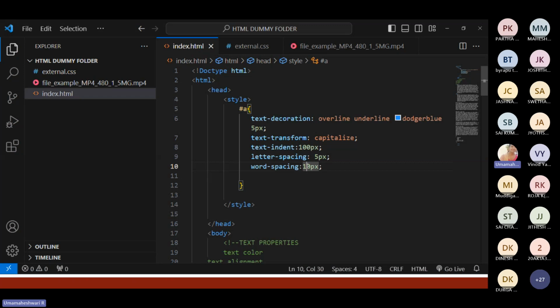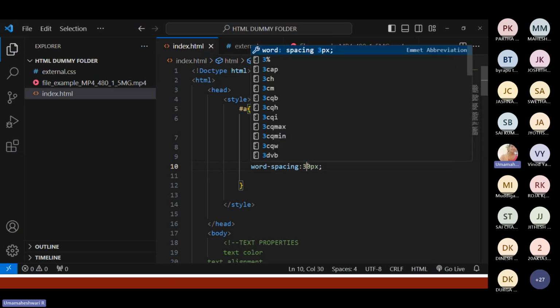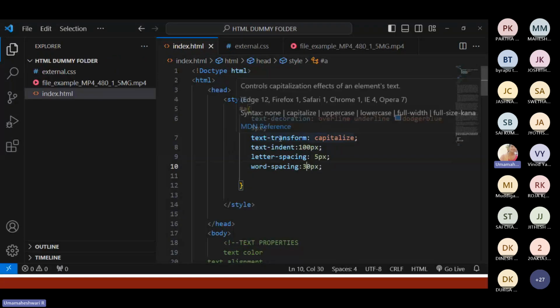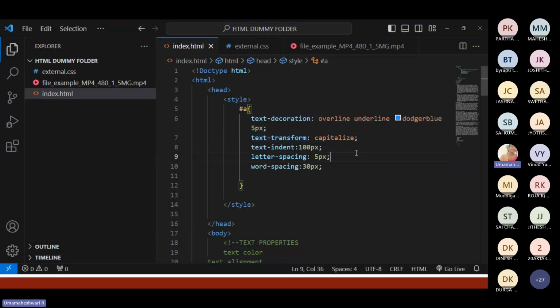It is not viewable for you. This is 30 pixel. Again, see the space between one particular word to another word. Okay. And next is